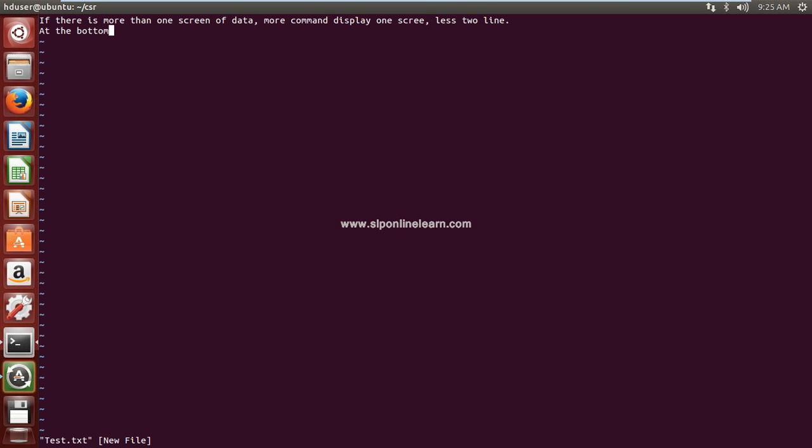At the bottom of the screen, a message like "more" appears, and you can press some key. If you want to quit, you can press Q. That we'll see, but we definitely need a big file. Okay, first let me save this and close this.